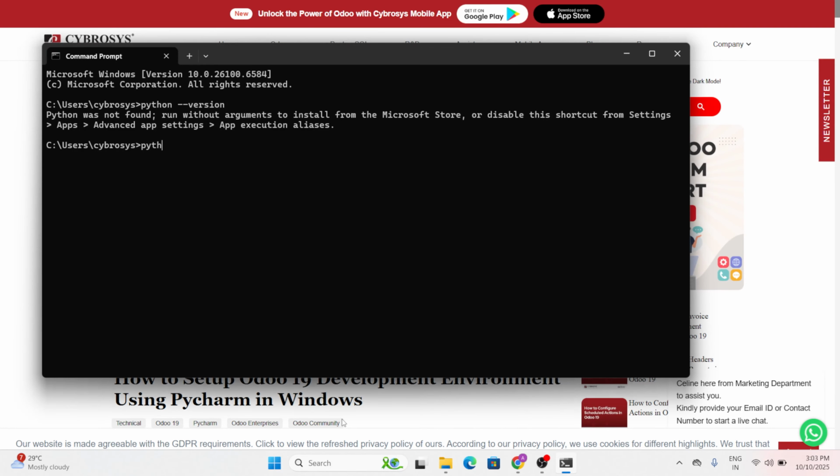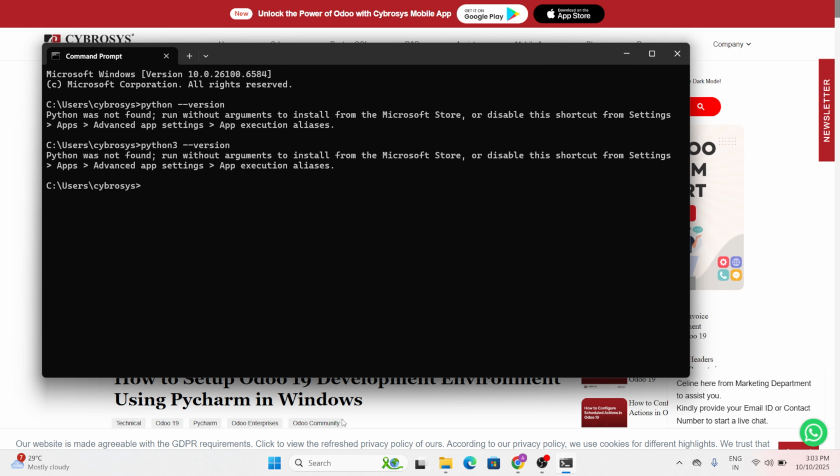You won't be getting the result simply with python --version. Instead, you also need to provide the command as python3 --version. Okay, and here you can see that we haven't installed Python,